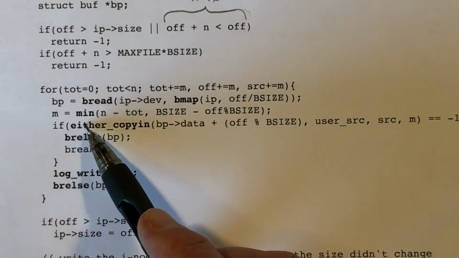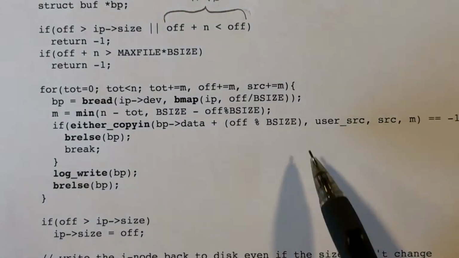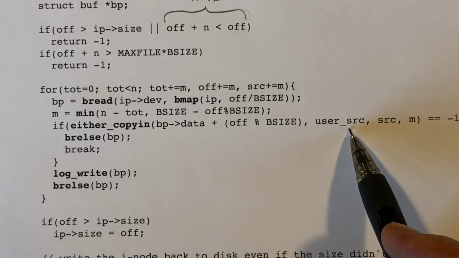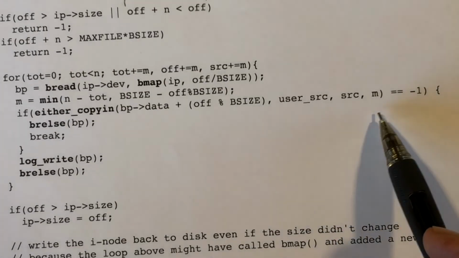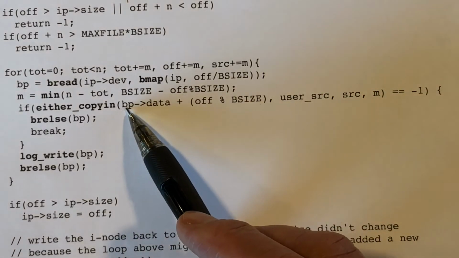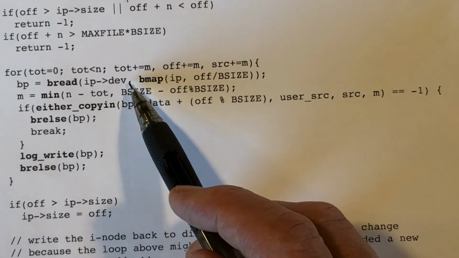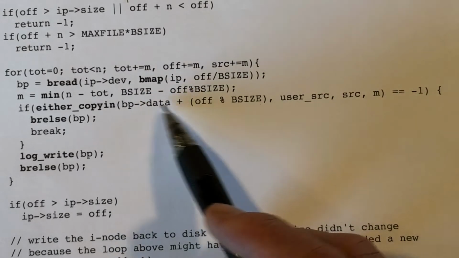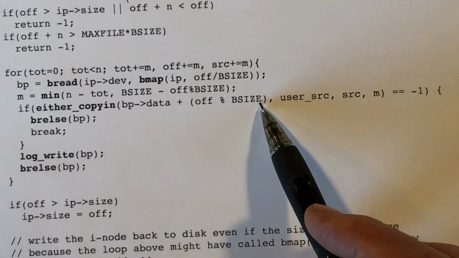And then we use the either copy-in function, which will copy from this location in memory, source, which is either in virtual address space or kernel address space, as given by this parameter here. And we'll copy m bytes. And where will we be copying them to? Well, we've read in the buffer that contains the range of bytes that we are going to be writing to. And so here we compute where that is. So here's the data in the buffer, and here's the offset within that data,